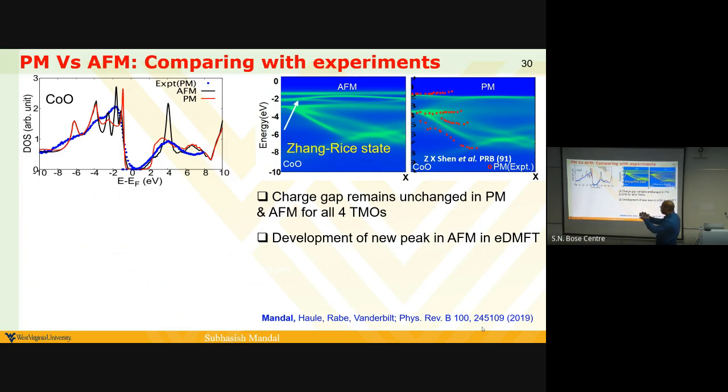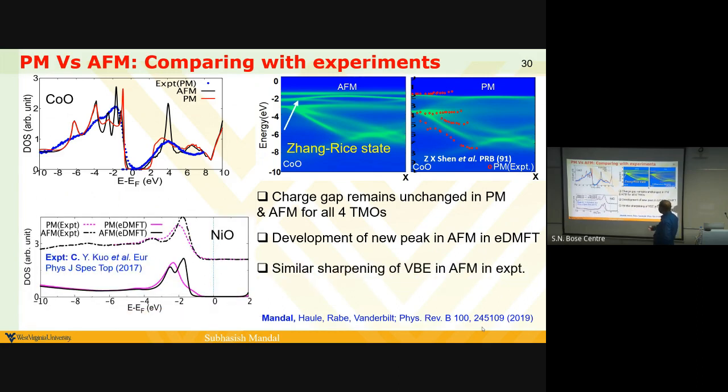So if you just do a photoemission measurement, you probably are not going to see the change in the gap, but if you do inverse photoemission spectroscopy (IPES), you're going to see some peak coming from the Zhang-Rice state. It can be singlet for nickel oxide, and for other materials like cobalt oxide or iron oxide it can be quartet or triplet. So this is a bound state that we can actually catch.